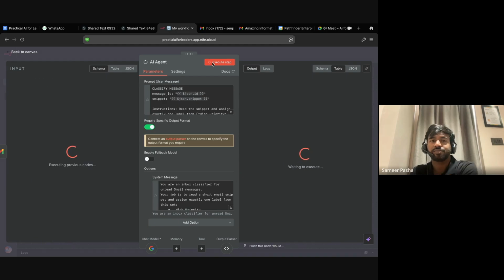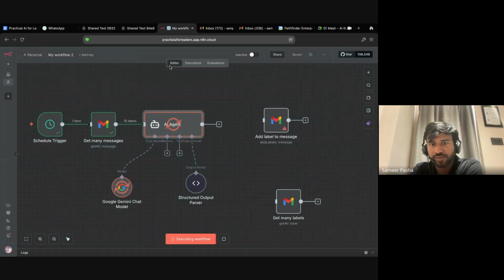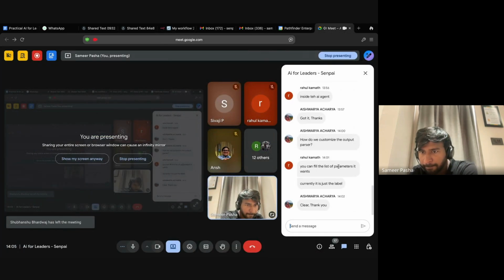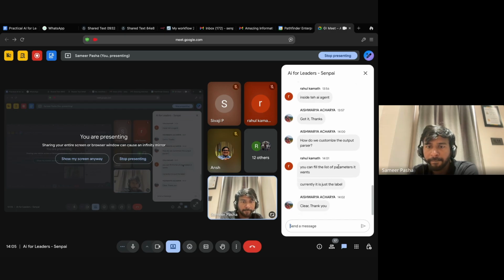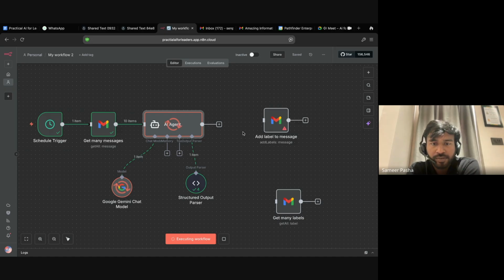Any questions? Also, guys, you can see the count here as it's working, the count that's happening here in the tool structured output parser tool.